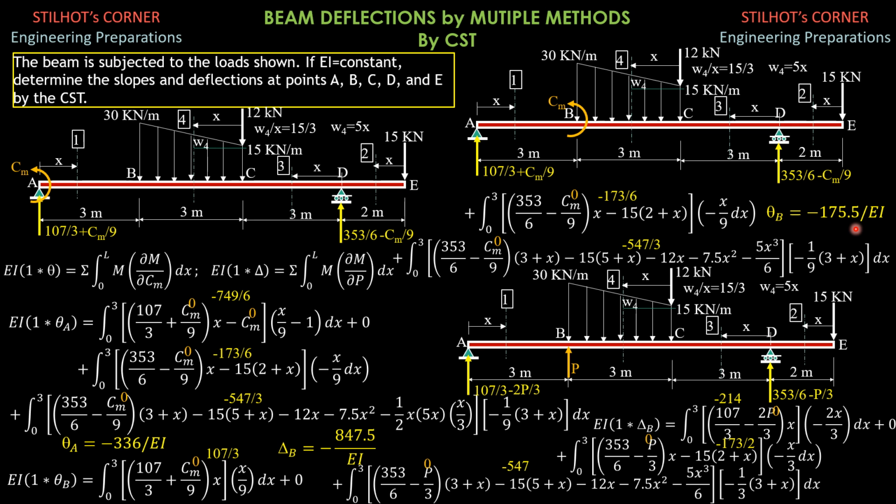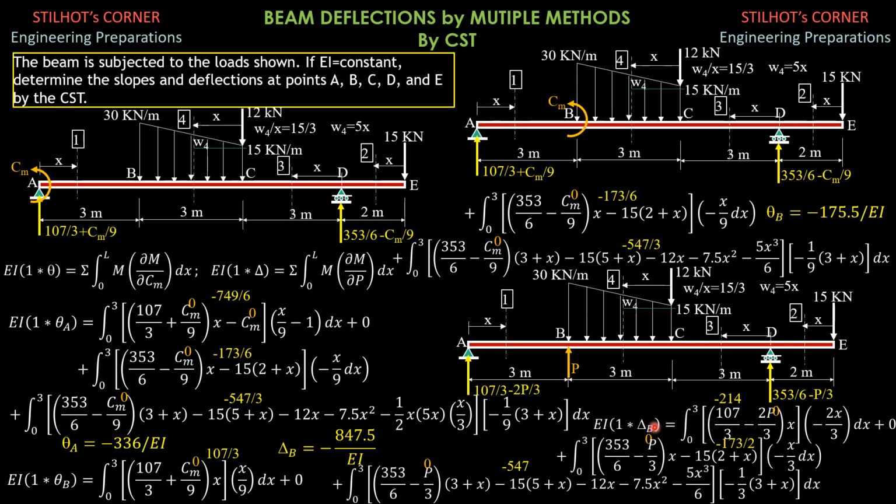Then for deflection at B, we apply an upward load P at B, then add the effect of this P here. Upward load, so it is downward. Then we have the reaction at A, vertical reaction at A is now 107 over 3 minus 2P over 3, while at B is 353 over 6 minus P over 3. So EI times 1 times deflection at B